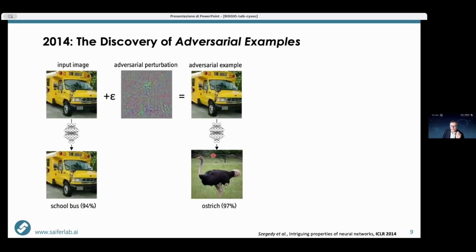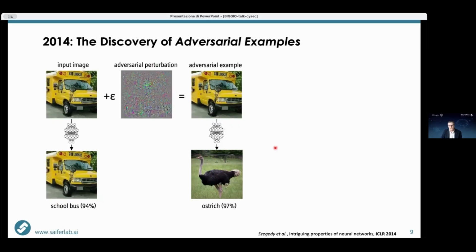This was prior to the discovery of adversarial examples that happened, as you probably know, in 2014 by Christian Szegedy, Goodfellow, and the rest of the team from Google Brain at that time, where they were studying interpretability of deep models to understand why they were so accurate and what type of features they learned from data. They incidentally discovered that when you slightly perturb an input image, you can fool a model very easily. This perturbation is not random, but it slightly modifies the input image to have it misclassified as something different with high confidence by all of these state-of-the-art models.